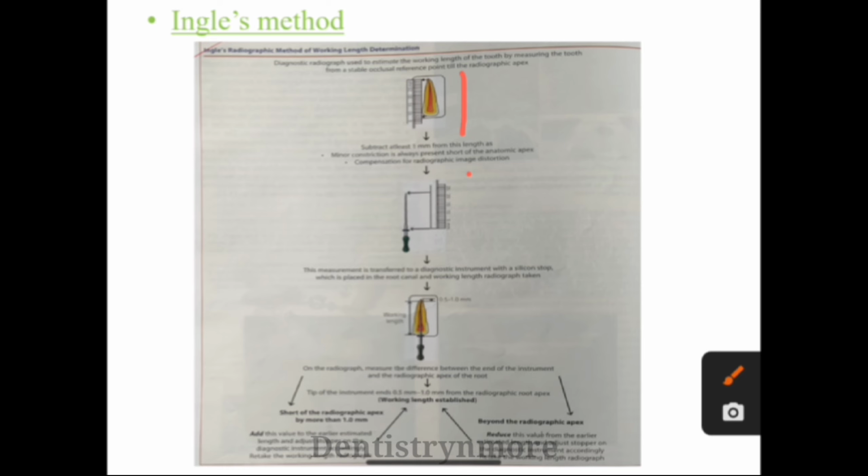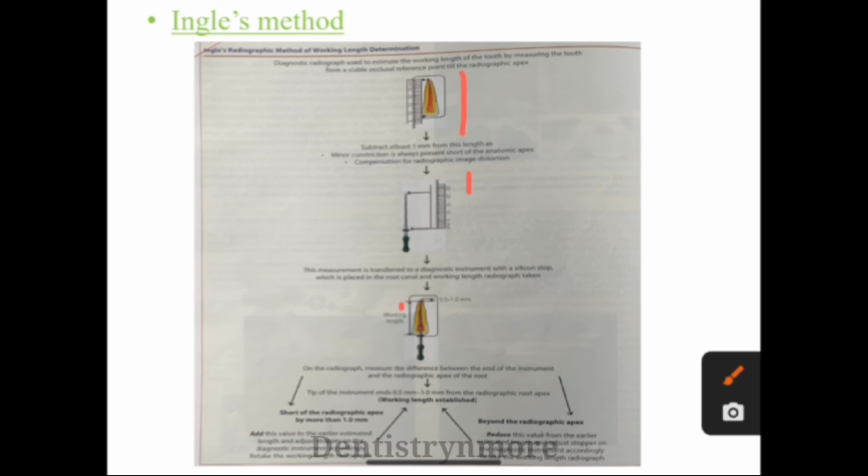So here 1 mm is cut, and the next figure shows this measurement is transferred to the diagnostic instrument with a silicone stop, which is placed in the root canal, and a working length radiograph is taken. Here you can see this stopper is used, and on the radiograph you measure the difference between the end of the instrument and the radiographic apex of the root. The tip of the instrument ends 0.5 mm to 1 mm from the radiographic root apex, and if it is short of the radiographic apex by more than 1 mm,